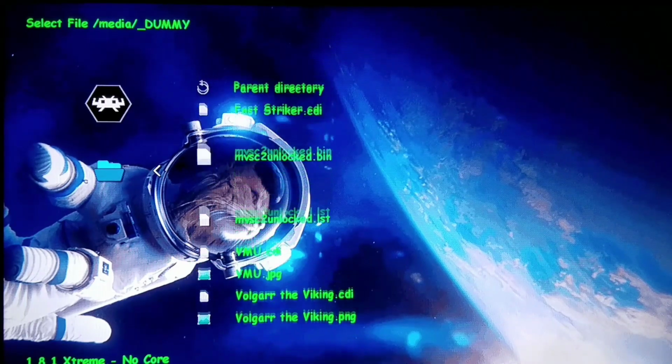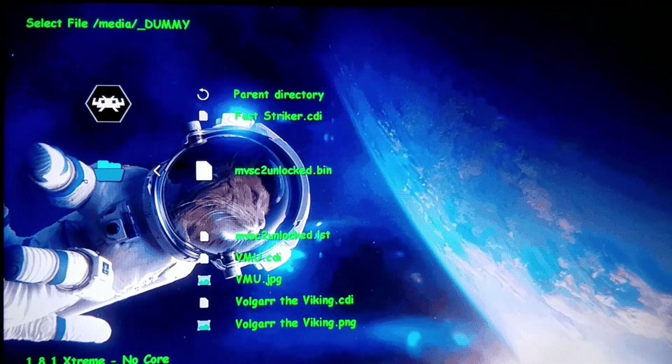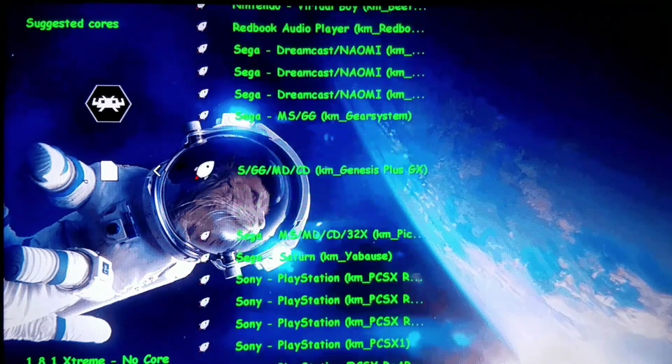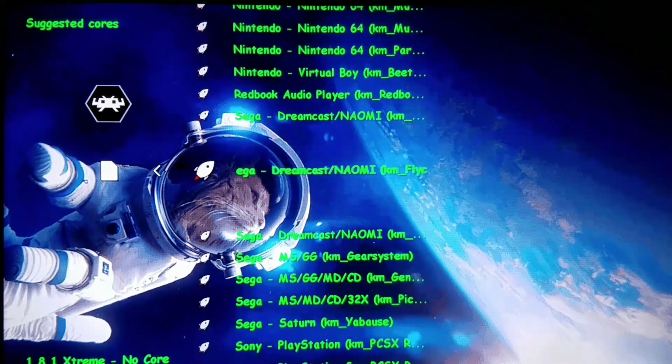One game that people always want to run fast. Obviously Marvel vs. Capcom 2. And we're going to run that with Flycast Extreme. Okay, and let's see how we'll...